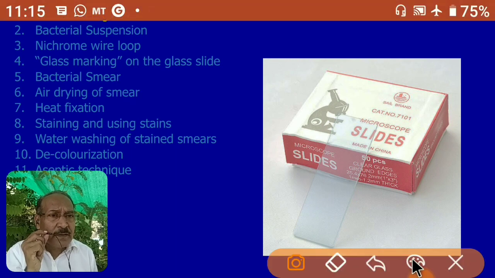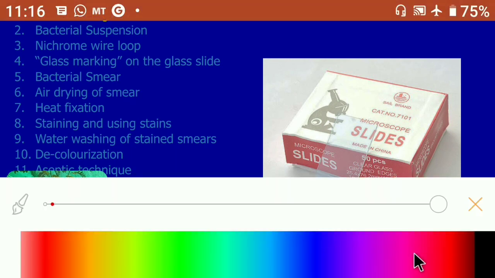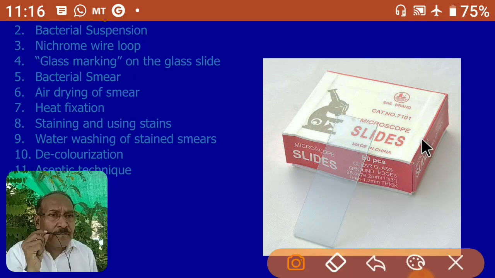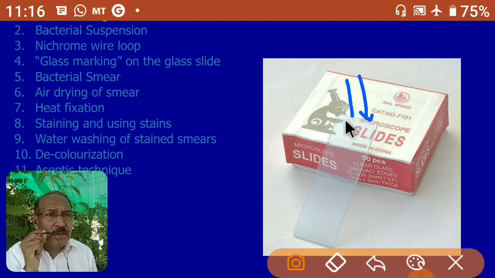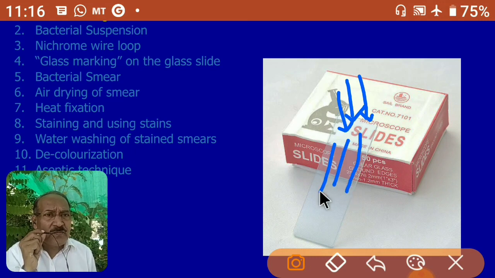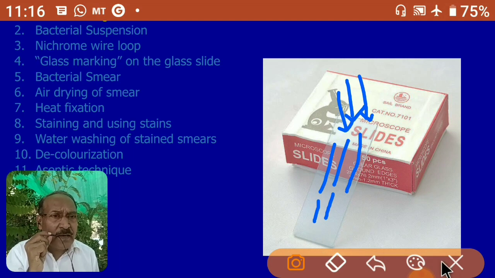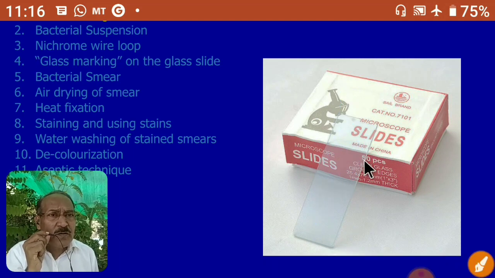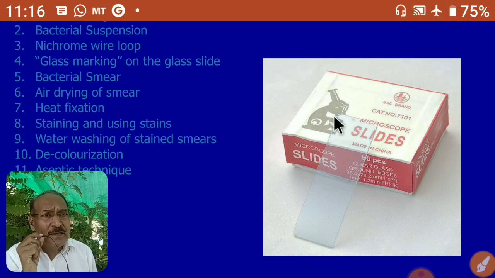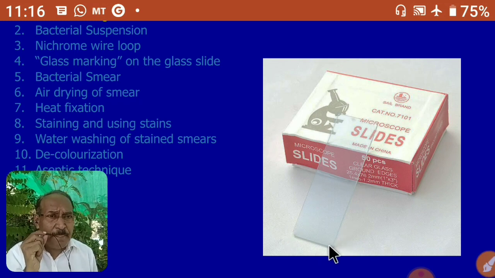For example, if you let that water flow from the edge of the slide from the top, and suppose the total surface of a slide is covered like this with a water film, if you let that water trickle down, then you will see this slide will be having a uniform thin layer of water on the surface.